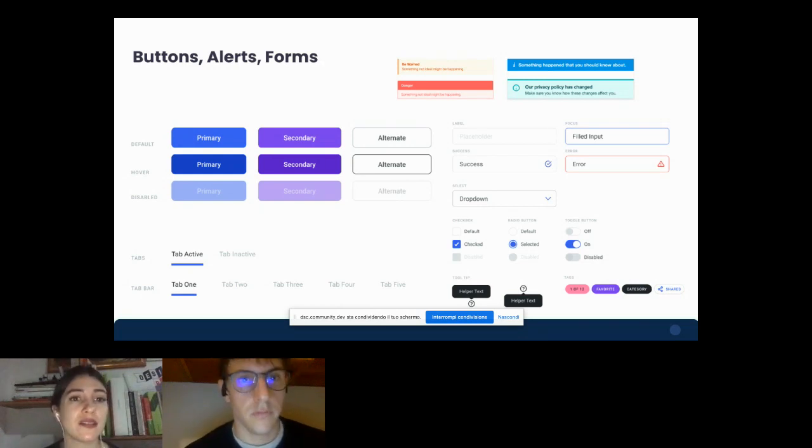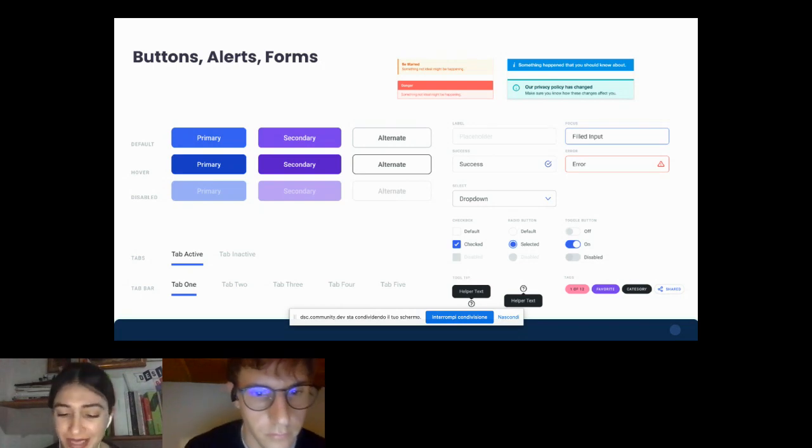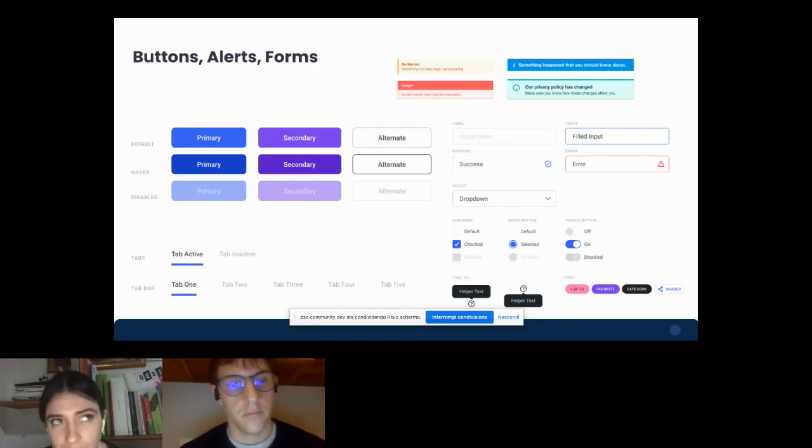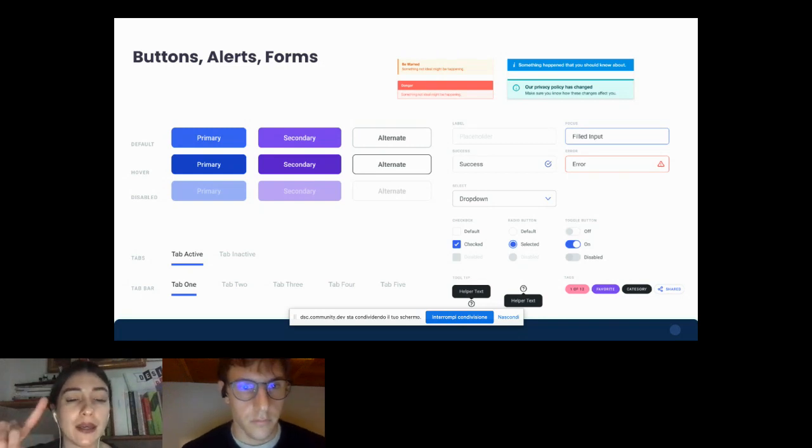Instead, buttons, alerts, forms are the molecules, a set of basic elements. For example, a button is composed of the text, the primary color or secondary color, and by the look and feel of the app that we defined in the first part of the project.